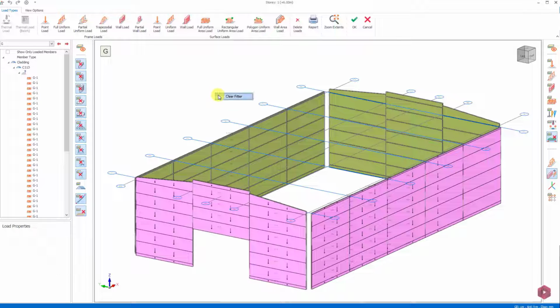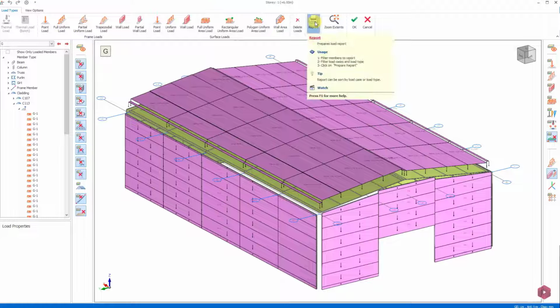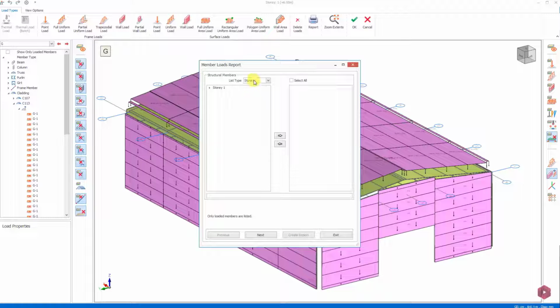In order to generate the reports of the cladding loads we have added, let's go to the Report menu in the top menu. In this section, listing can be made on the basis of floor or element type. After selecting the element types, we select the cladding object and select the claddings assigned for the first floor and add them to the selected elements group on the right. Then let's select all the cladding objects and select the continuation. In this section, we can see that the load cases are marked.